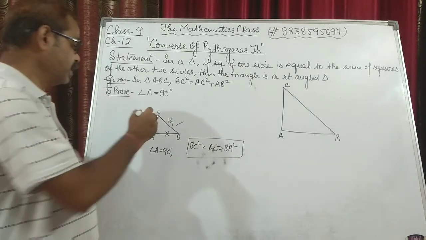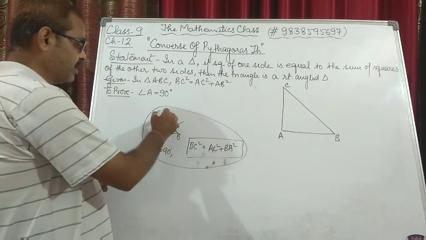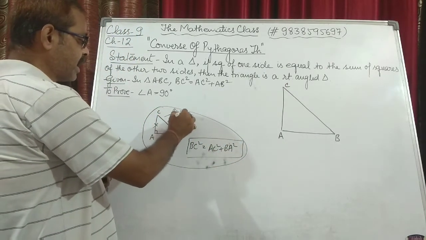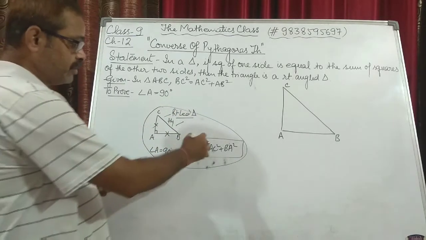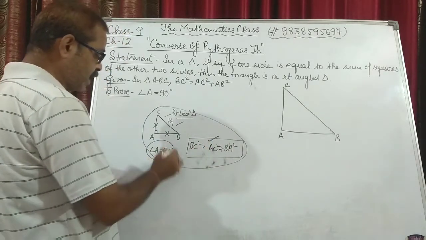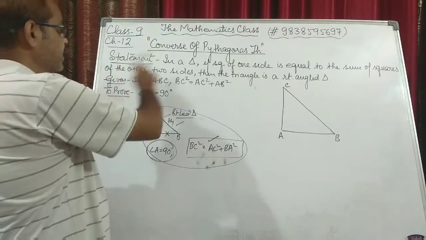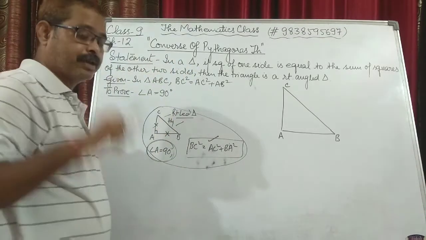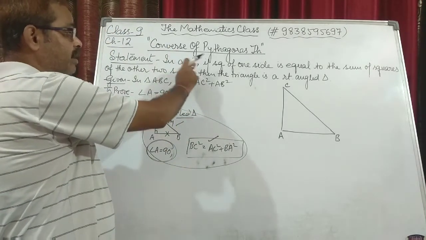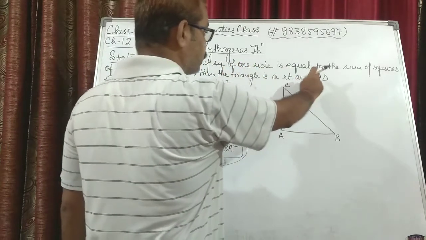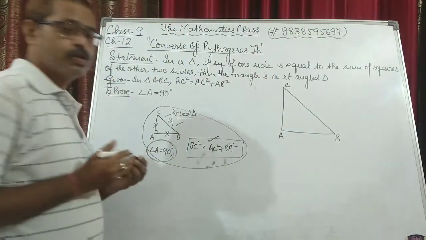In the Pythagoras theorem, it was given to you that the triangle is a right angled triangle. But in the converse, you will be given this statement and you have to prove that the triangle is a right angle triangle. That is why it is the converse. What is the statement saying? In the Pythagoras theorem it was a right angle triangle; here the right angle is missing. So in a triangle, if the square of one side is equal to the sum of the squares of the other two sides, then the triangle is a right angle triangle. So this is the statement.